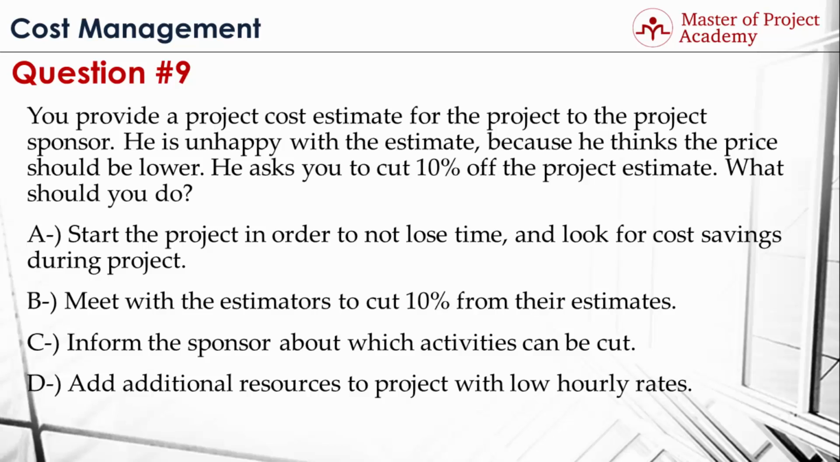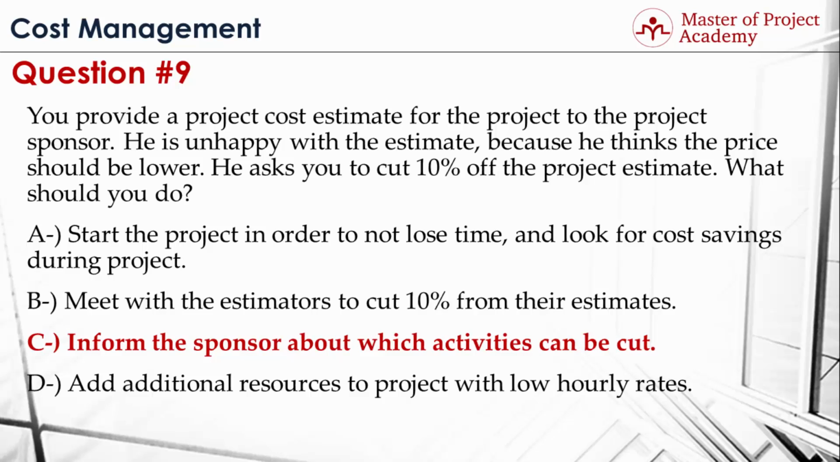Question 9. You provide a project cost estimate for the project to the project sponsor. He is unhappy with the estimate because he thinks the price should be lower. He asks you to cut 10% off the project estimate. What should you do? A. Start the project in order to not lose time and look for cost savings during the project. B. Meet with the estimators to cut 10% from their estimates. C. Inform the sponsor about which activities can be cut. And D. Add additional resources to project with low hourly rates. Here the answer is